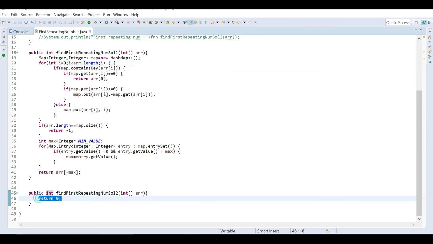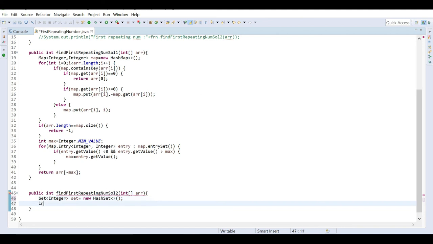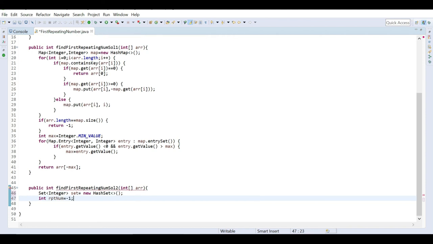In the second solution we have to define one hash set of integer, and then create another integer which will be the repeating number. We initialize it to -1, meaning if nothing is repeating we simply return -1, that means we did not find anything.